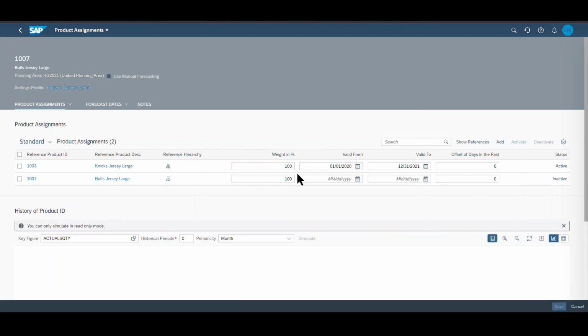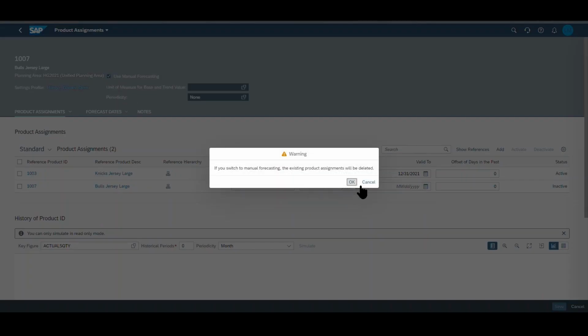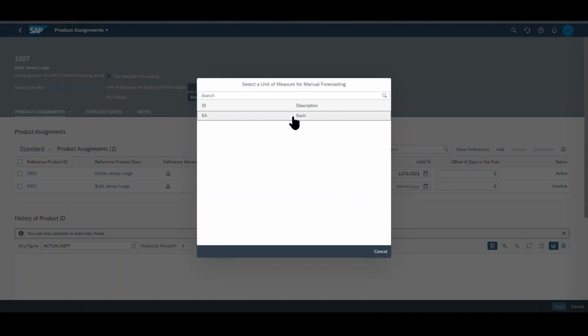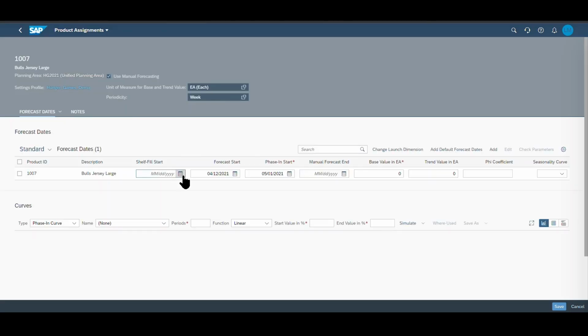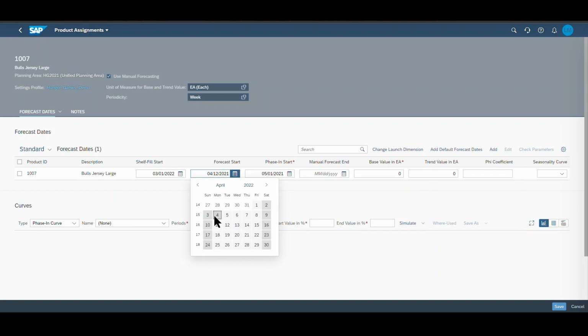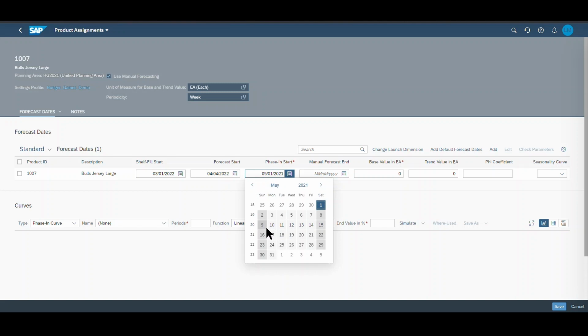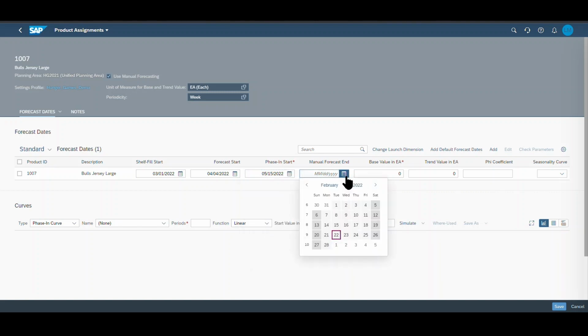And you'll notice that the new options are not yet available. That's because we need to turn on manual forecasting. Once we select that and a unit of measure, now you'll see that we have the ability to add shelf fill start. So we can go ahead and select the dates that we want, select the forecast date, we'll select the phase-in start date,